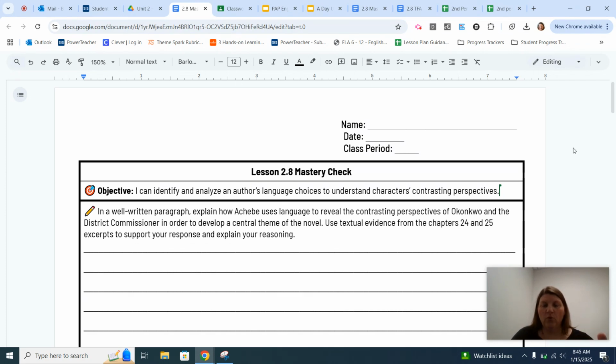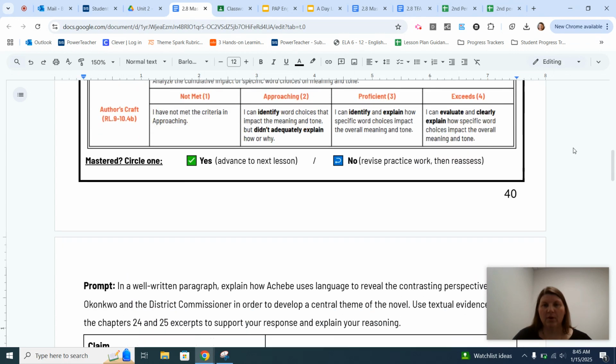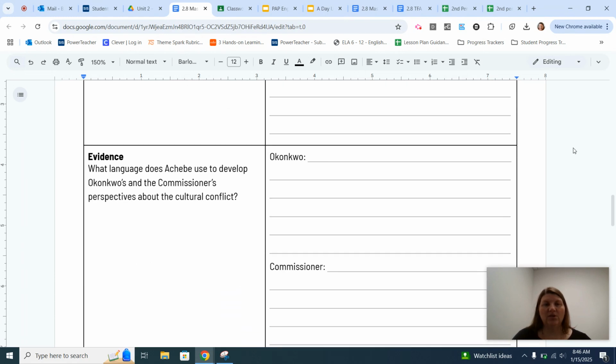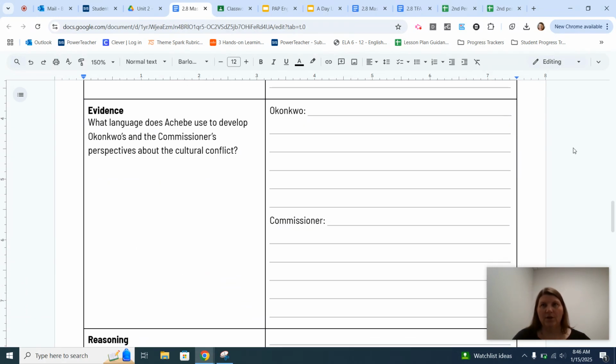So before drafting your response, remember I have provided this graphic organizer and broken up the different parts of the prompt to give you some questions to think about when drafting your response. And we want to start with the evidence in order to know how to respond to that claim. So the evidence question is, what language does Achebe use to develop Okonkwo's and the commissioner's perspectives about the